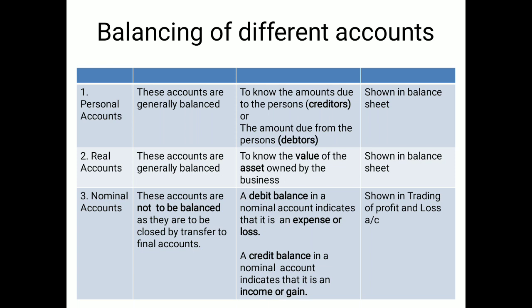So here is the allocation: any ledger account may be personal, real or nominal. So the rules are there. According to the rules: L liabilities, C capital and A assets. These items are to be balanced. If a nominal item is there, at the beginning you may shift it to the profit and loss account. It means that in place of the balance carried down, you may write there only the profit and loss account. But a few items, like wages at the start, octroi, etc., can be shifted to the trading account.